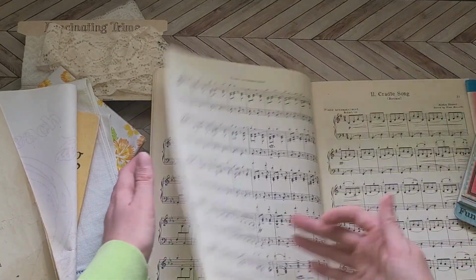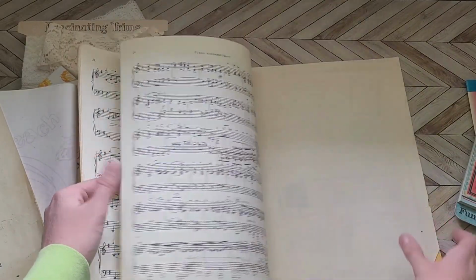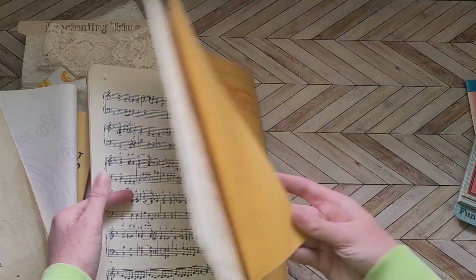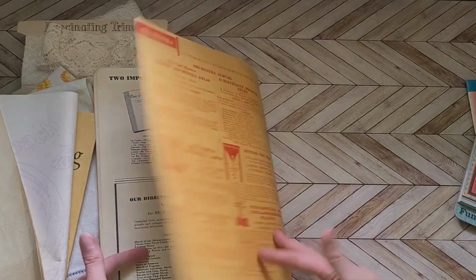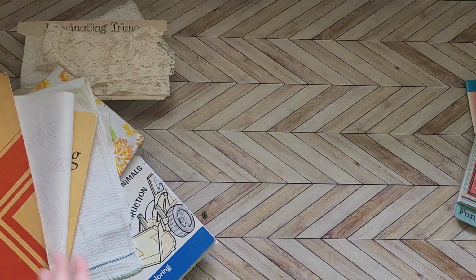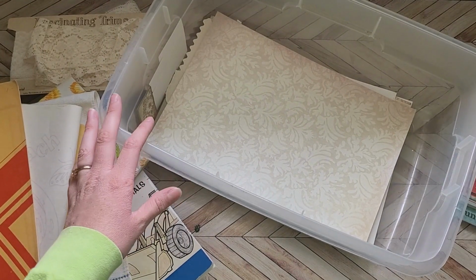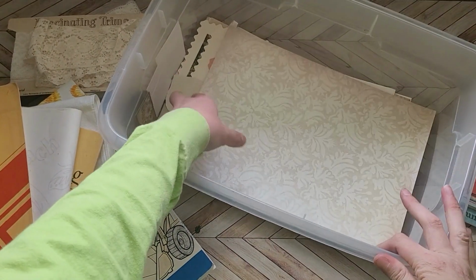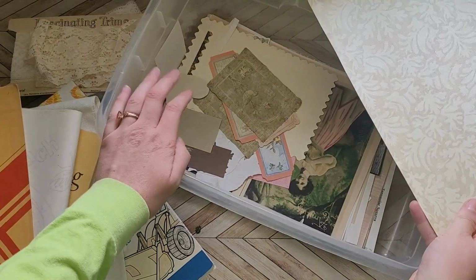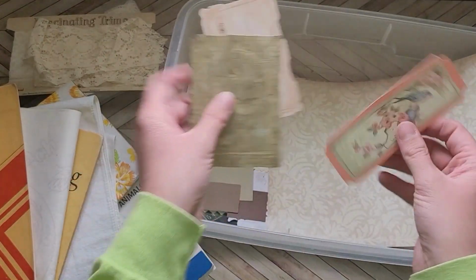Gypsy dance song. It's cute. Cradle song. So many amazing things. And then my favorite part is all of this. So this is why I think that she was either a junk journaler or a scrapbooker, because there's all of these beautiful